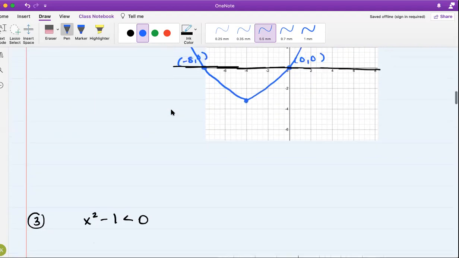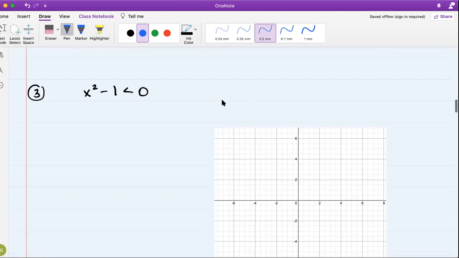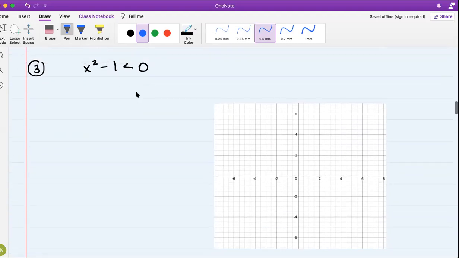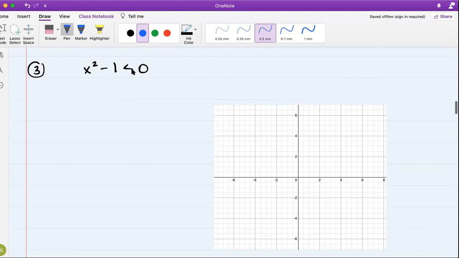All right, let's move on. This time I've switched the inequality sign. So we have x squared minus 1 is less than 0. Again, I'm going to write this as a function, x squared minus 1. Let's set it equal to 0 and factor,